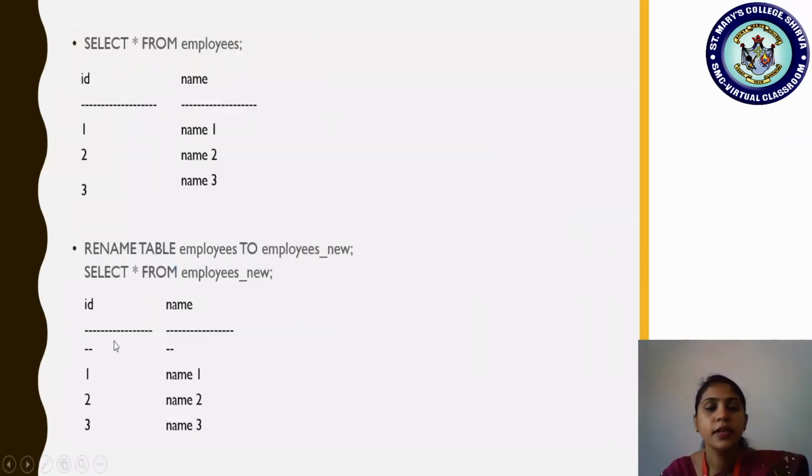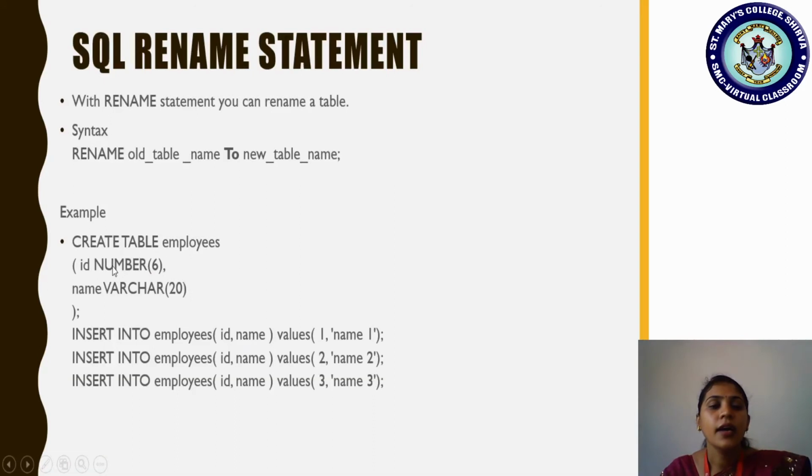So just check out here. Assume this is create table employees, ID number followed by the size 6. Do not put a comma here. Following that, if you add a constraint called not null, then put a comma. It means ID should not be empty. Then name varchar 20. Following that, here if I add default, what is the constraint? Default, and the default value is name. That's all. Default followed by name.